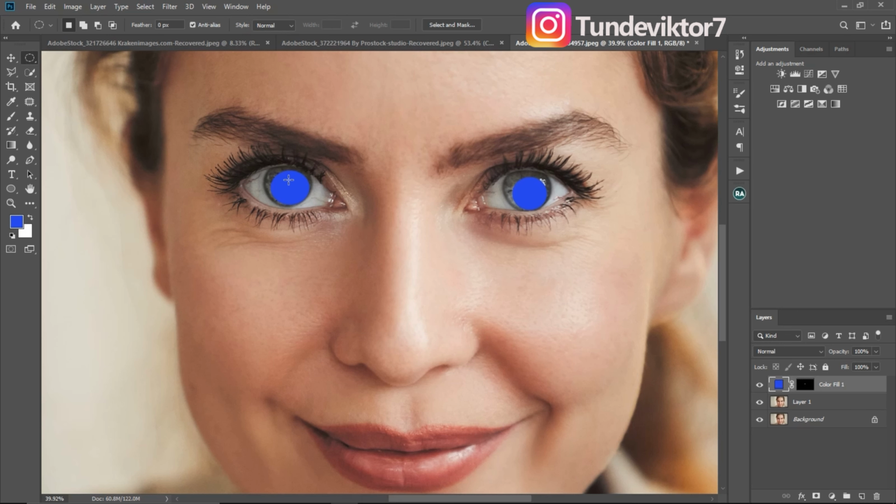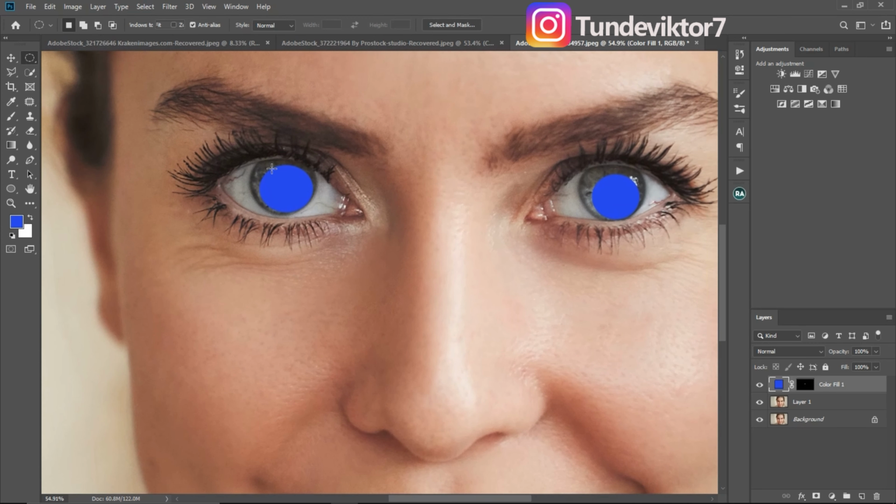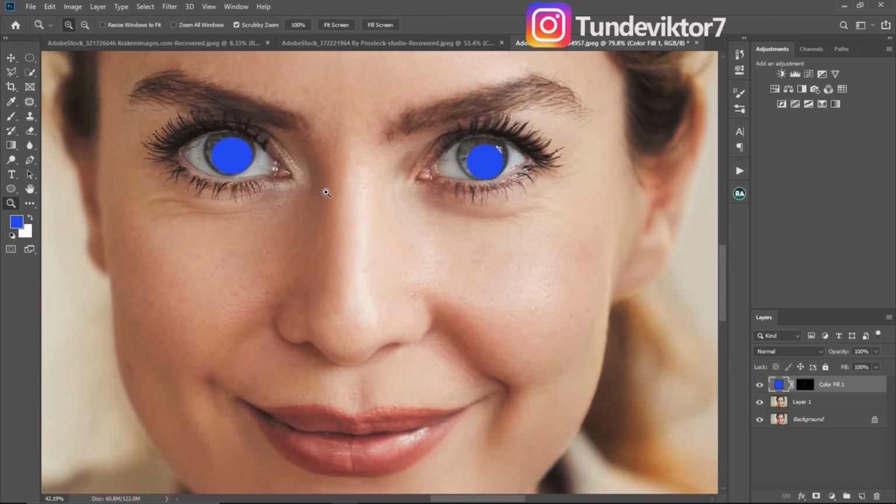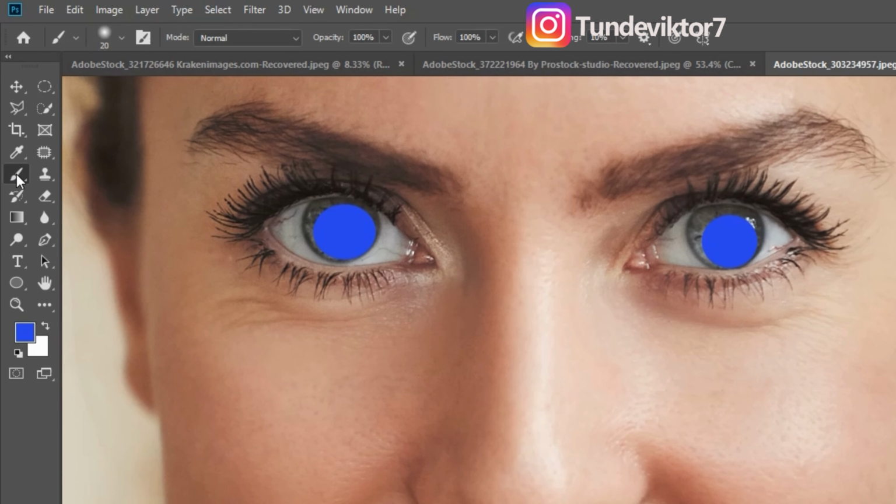And you can see the colors are solid and they are blue. So what am I going to do next? Next thing I'm going to do, I want to fill those parts of the eyes that are not blue yet. So I'm just going to fill those parts, and to do that, I'll come to my normal brush, pick my normal brush,